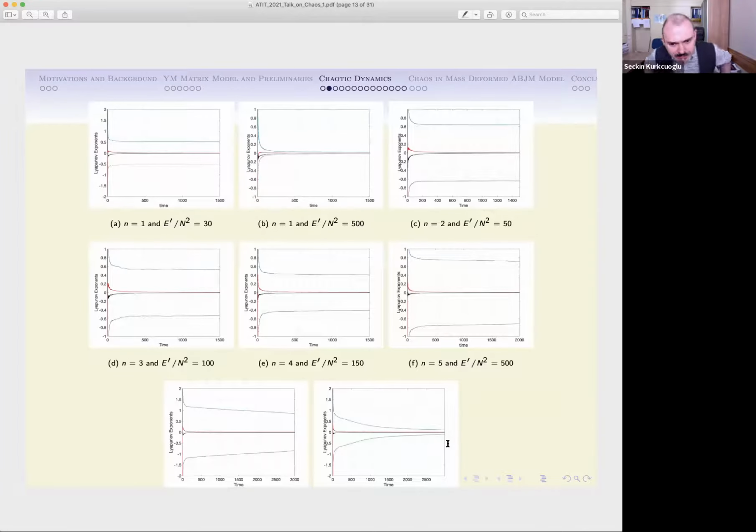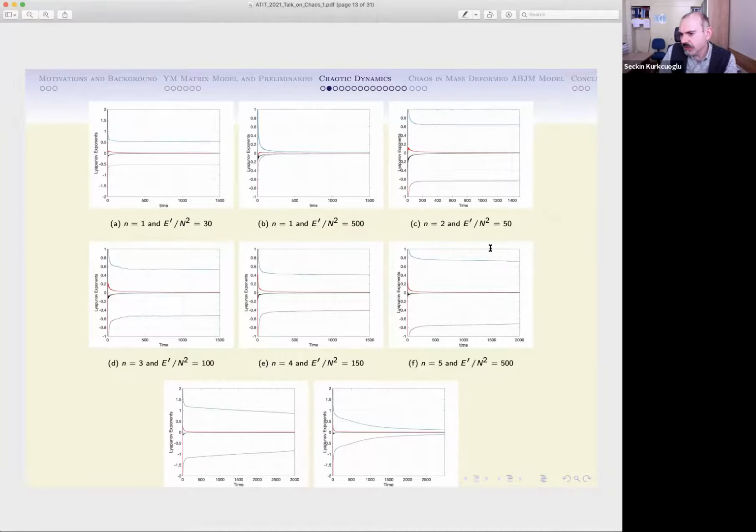These are the results of the Lyapunov spectrum. I mean, these are not the important results that I'm showing you. These results tell you that there is chaos. They are the confirmation that the system is chaotic, except for n equals 1, and I will tell you what happens in the n equals 1 case. But simply, what you see here, just disregard n equals 1. In all other cases, a time series of the Lyapunov exponents is depicted here.